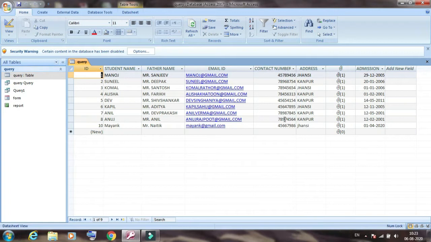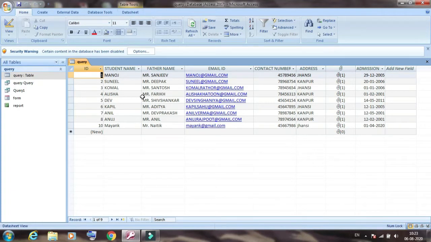With the help of a form, you can simply add, update and delete records in the table. A form is a very good option to use when you have numerous fields in a table. So here many fields are available. With the help of these fields, you can simply create a form, and then you can add, update and delete a certain amount of information from the table.